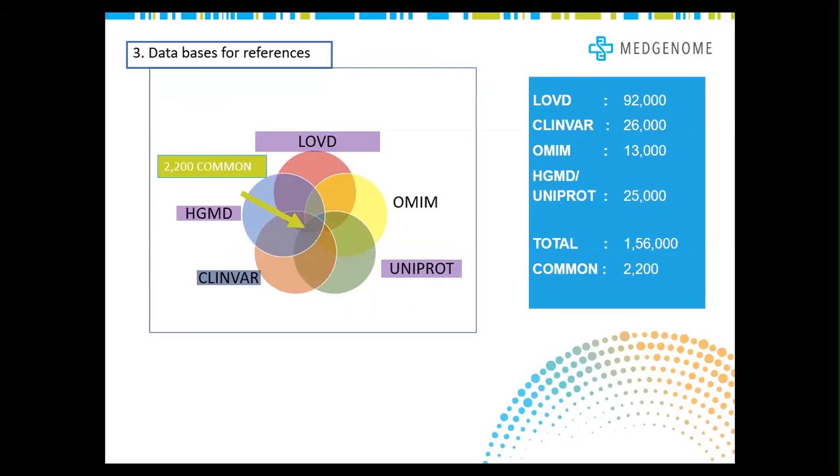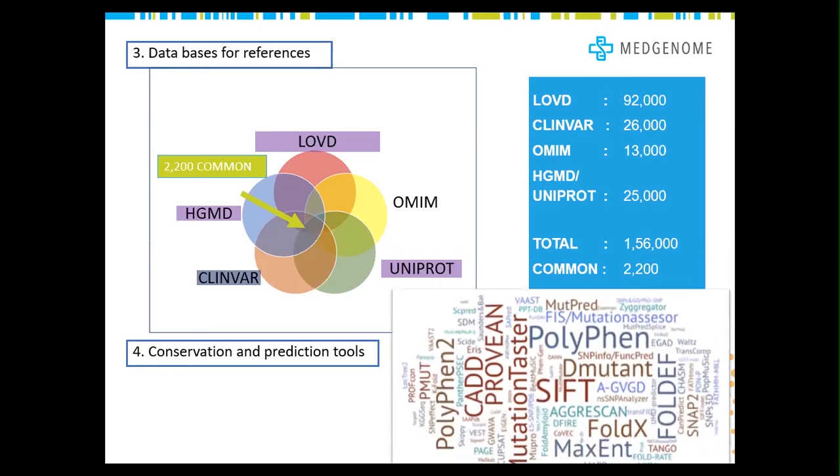So sometimes we may have to search multiple databases just to see whether it is a reported or an unreported variant. The next important thing is the conservation and prediction tools. Again, there are multiple, and each lab chooses the best ones, and there are certain CADD scores used, and newer prediction tools are coming. They are helping us, but also sometimes confusing. Two of them would be saying damaging, one would say benign,